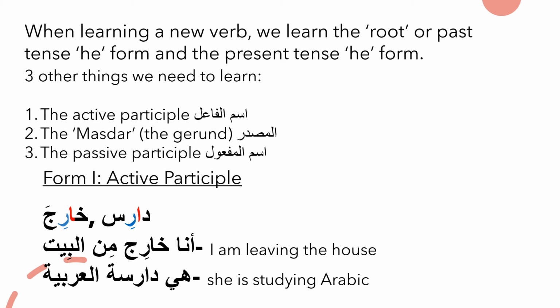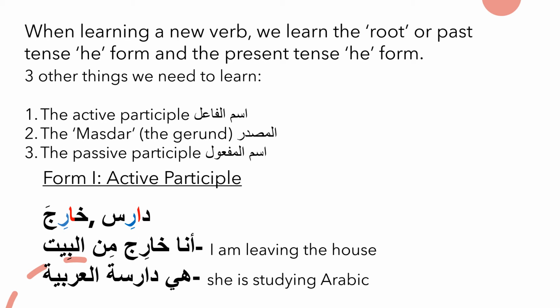we have to have an alif, and then we have the middle letter, which has a kasra on it, and it will always follow that pattern. Our active participle is not irregular, it's always formed in this way. So for example, I can say ana kharij min al-bayt. That's a way of saying I'm leaving the house. I could say ana akhruj min al-bayt if I want to use the proper present tense. However, if I want to just make things a bit easier for myself, I could say ana kharij min